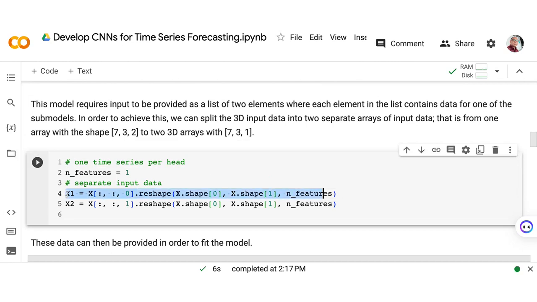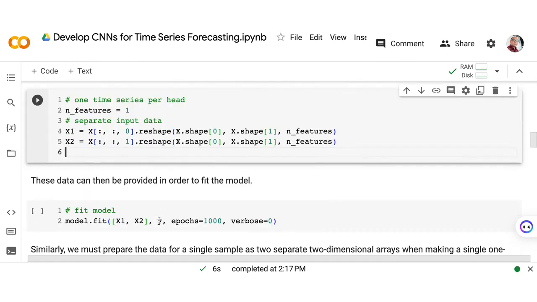Ibig sabihin, ito yung i-feed natin sa input model 1 and the other one, this was going to be the feed for input layer number or input model 2. Okay? So the number of features now will be equal to 1. All right. Okay, let's move on.